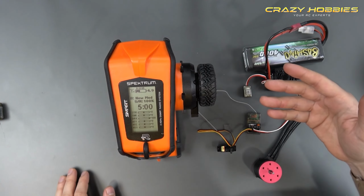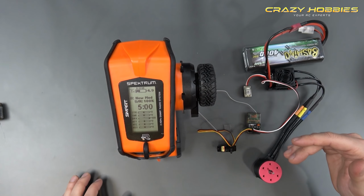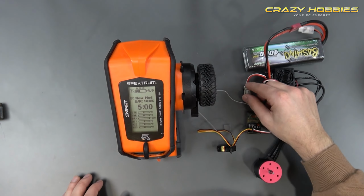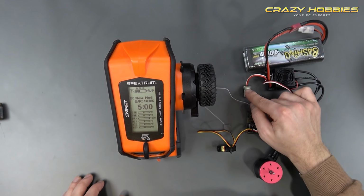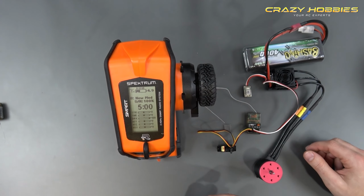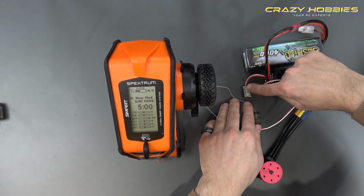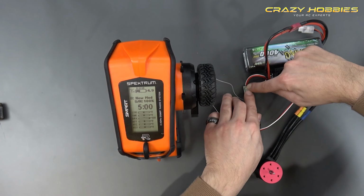And usually, with the Traxxas cars, you do have to calibrate them, right? So now calibration, doesn't matter what ESC it is, usually they're all the same. They'll have a little button on your ESC next to your on-off switch, right? So all you want to do is, you just got to do it a little bit quick though. You can't take your time with this. So hold your hand down on that button. Whilst holding your hand down on the button, quickly switch on, let go,